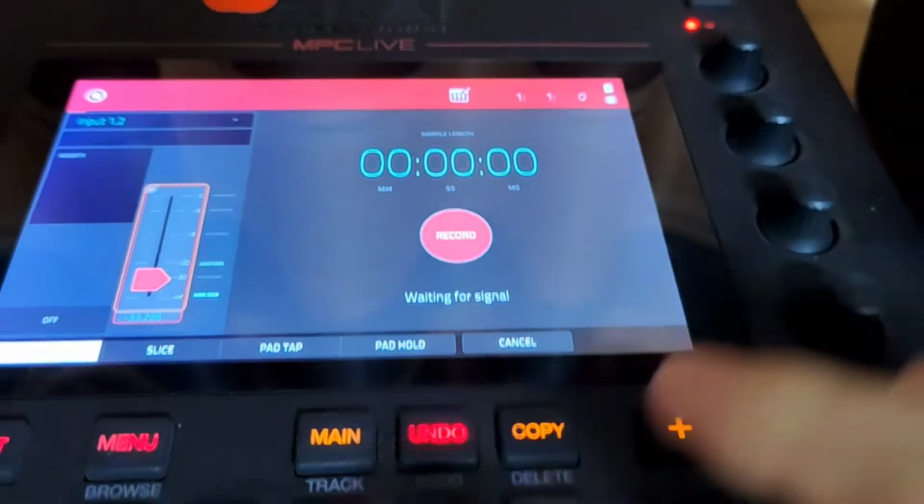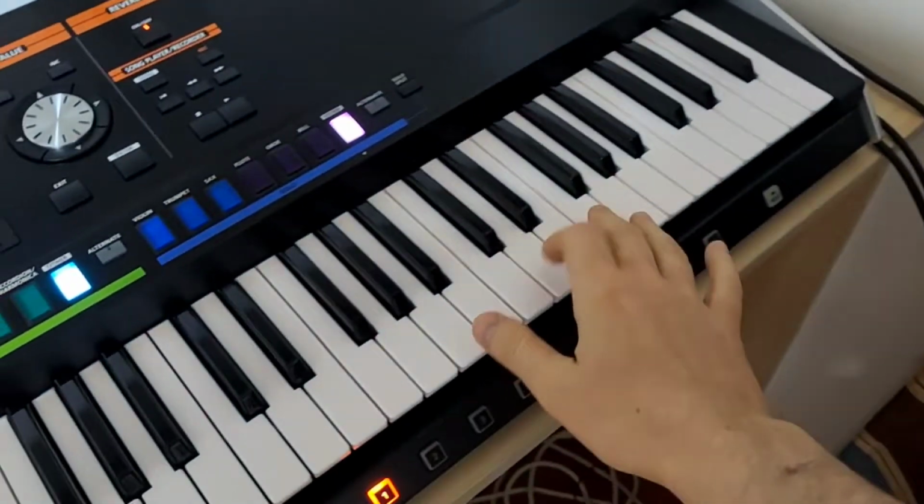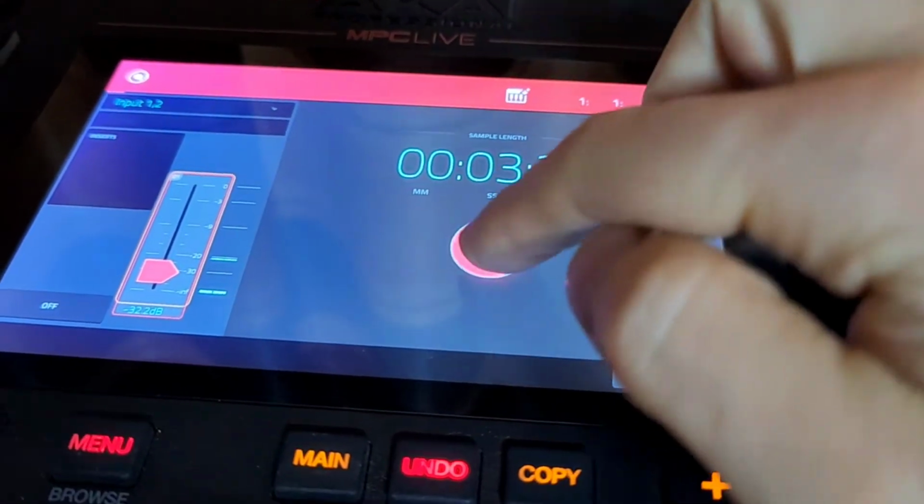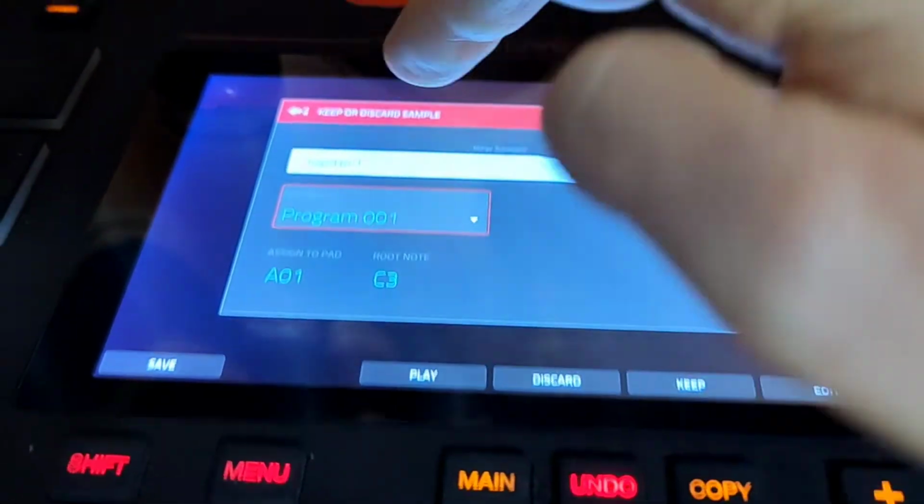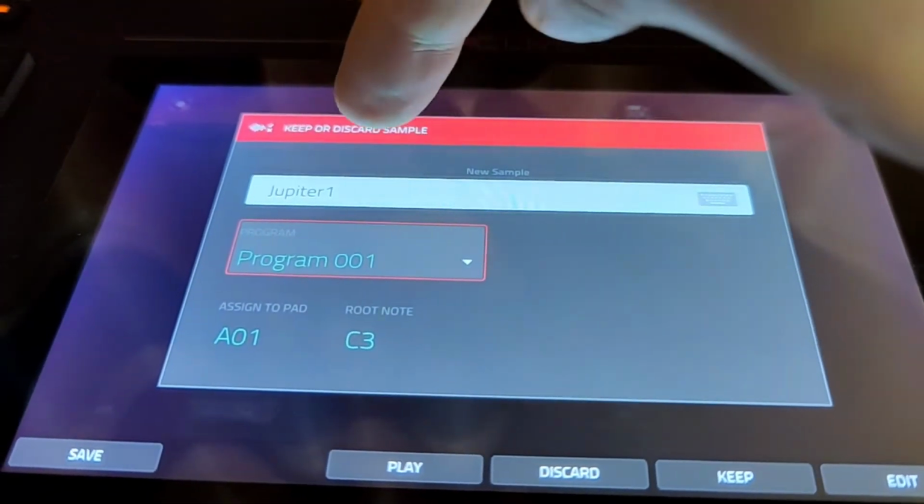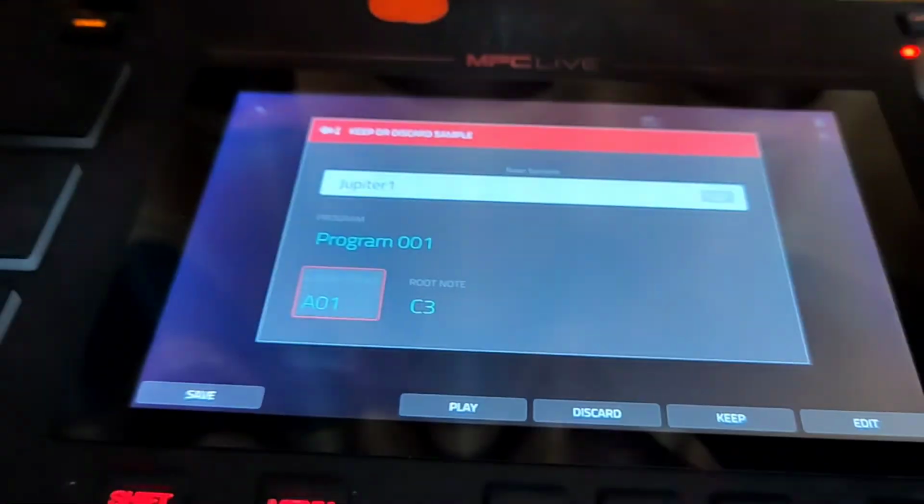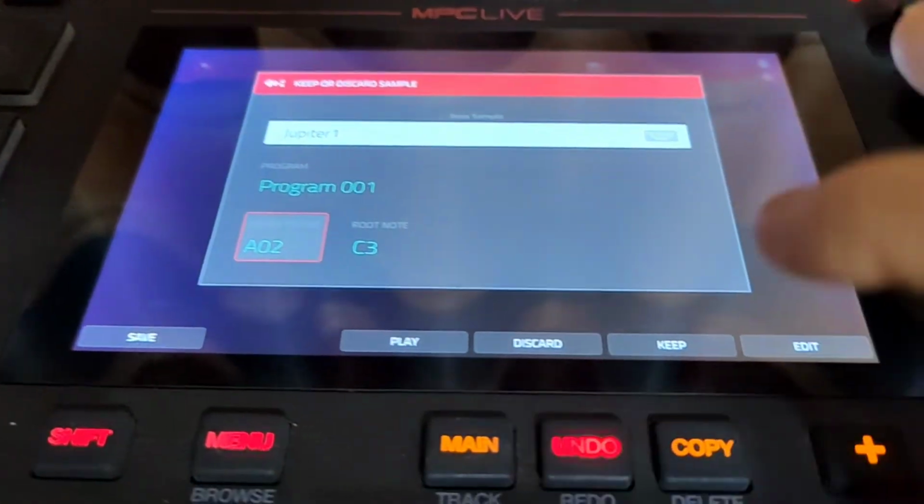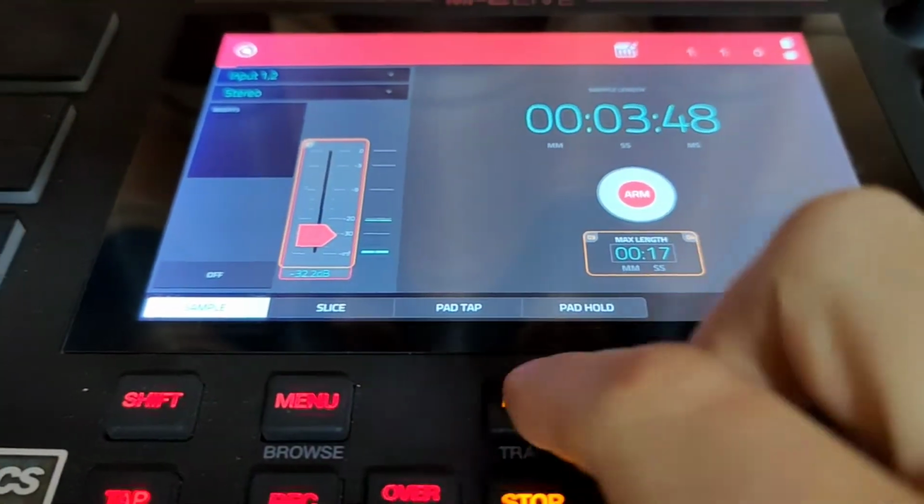I'll click arm again, and then pause it. Got that? It's already set up. It says Jupiter 1 now, so it's putting it in sequence. And then I assign it to pad 2, click keep, go back to my main right here. If I click 2,